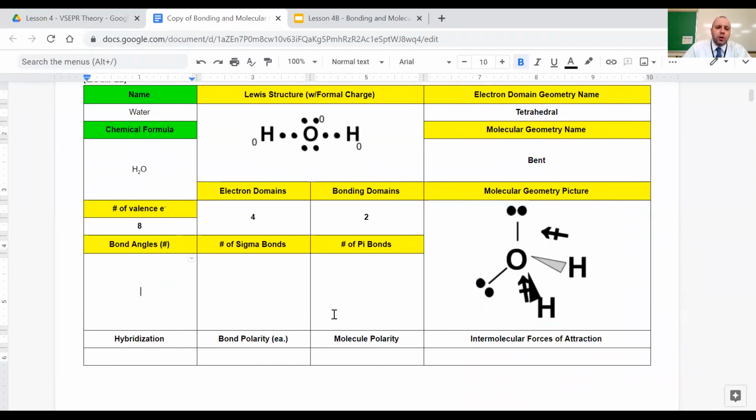Okay, last part. So completing these 3 columns. So for the bond angles, remember for a 4-2 tetrahedral bent, we have a bond angle of 104.5 degrees. So 104.5 degrees, and we have just one of them because we only have 3 atoms. We have 2 sigma bonds. Both of these are sigma bonds, no double bonds. So we have no pi bonds in this example. So this represents a completed